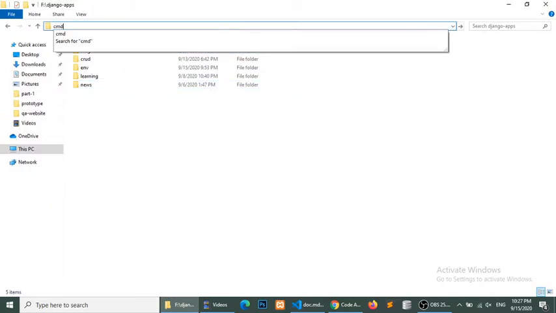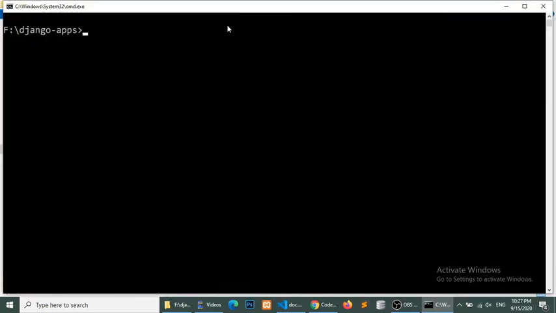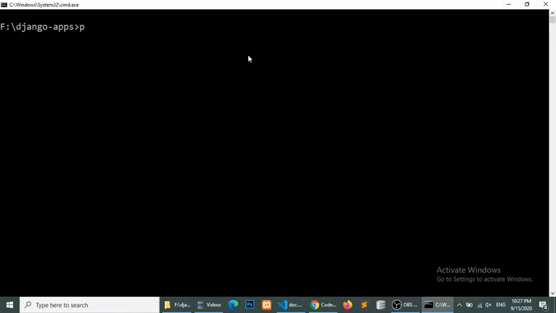So first of all I will open the command terminal and then I will install the virtual environment. With the help of this command, pip install virtualenv, this will install a virtual environment package, and after running this command we need to run virtualenv env.